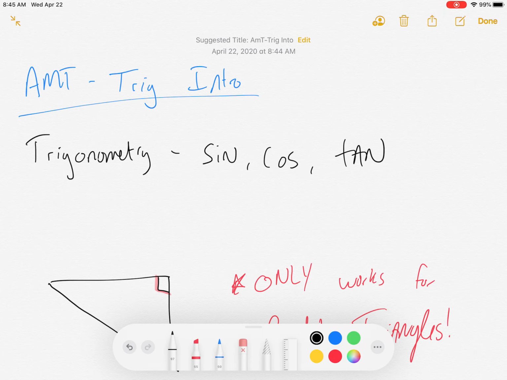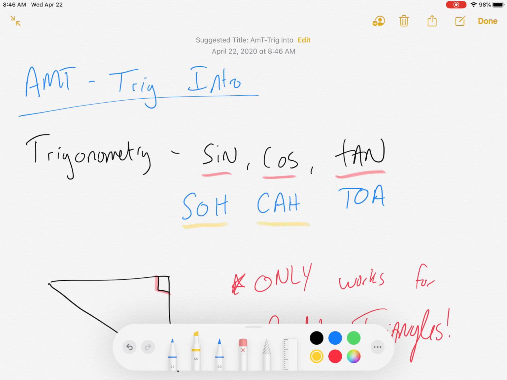Okay, so trigonometry, there are technically 6 trig functions, but there's 3 that we will be working with. We will be working with ones that you've all heard of already: sine, cosine, and tangent. Now, you probably remember the mnemonic device for sine is so, for cosine is ca, and for tangent is toa. Now, these are not the ones I'm underlining in yellow right now, those are not mathematical terms. They are just devices to help us remember the relationship between the sides of the triangle. The mathematical terms are